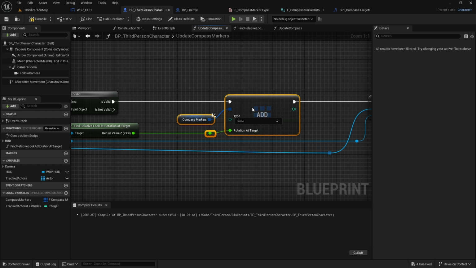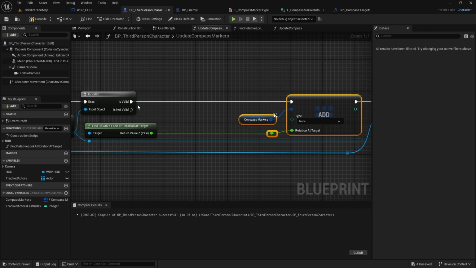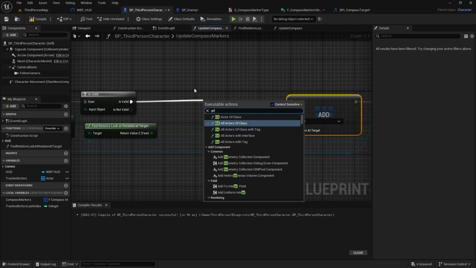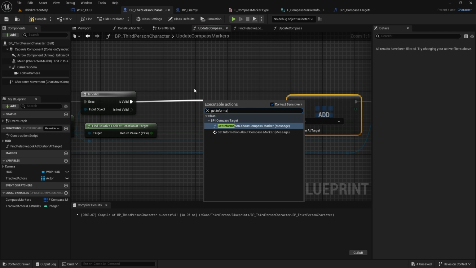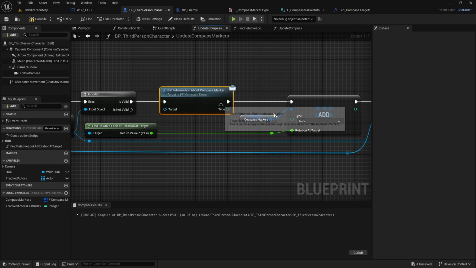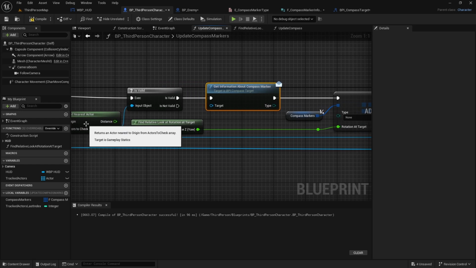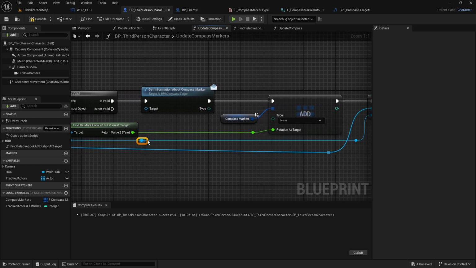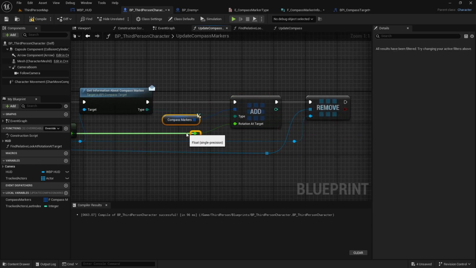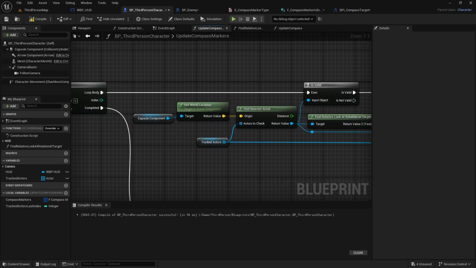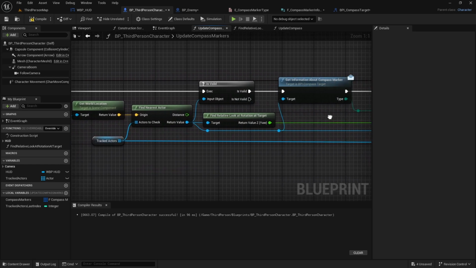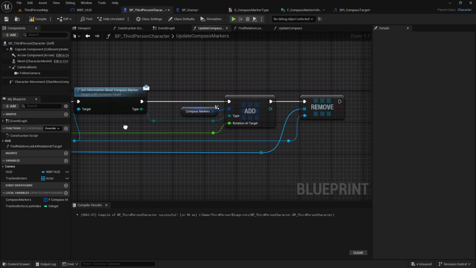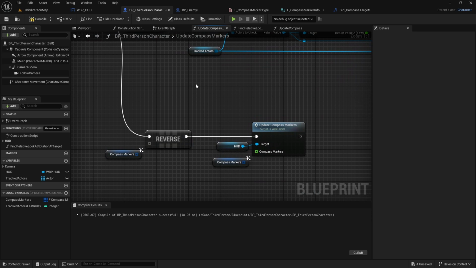Move all nodes after isValid to the right and make some space. After isValid, add get information about compass marker, connect input parameter target with return value of find the nearest actor, and output type connect the type pin on add node. It should look like this. Compass markers reconnect to the reverse node, and before we finish this function, we also need to update the function